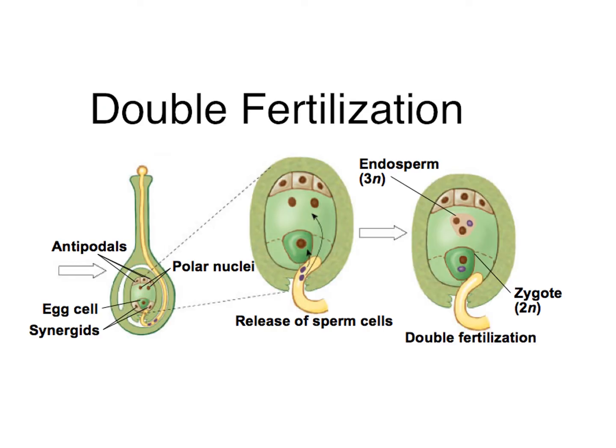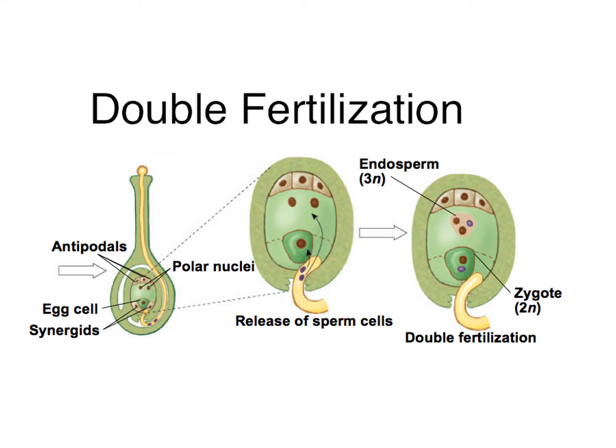You can see a part of this structure is our female gamete, and two cells surrounding it are known as the synergids. We can see the two polar nuclei and three antipodal cells. Antipodal cells degenerate; they have no use in the process of reproduction. But the two polar nuclei fuse with the first male gamete, and the egg cell fuses with the other male gamete. This is termed double fertilization.